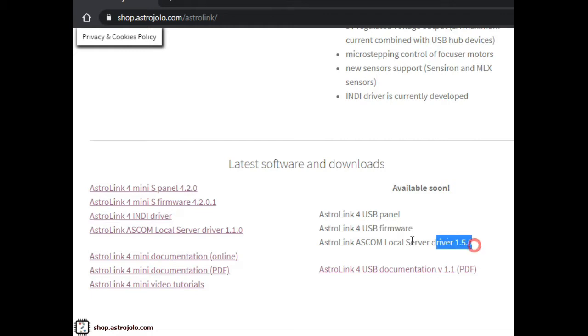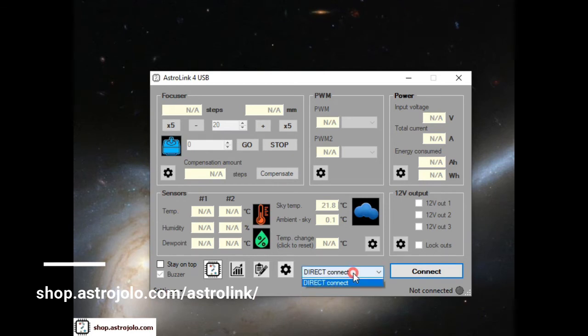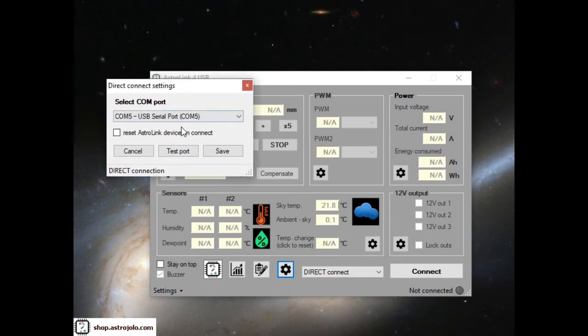Assuming you have installed the ASCOM server driver and panel, you may start the panel, and then I will briefly go over the sections and settings and functionalities, but all the things are in the manual in the PDF document, so here you will find all the details. There are 2 modes of connection as in the previous version, directly connecting to the serial port and to the device, and